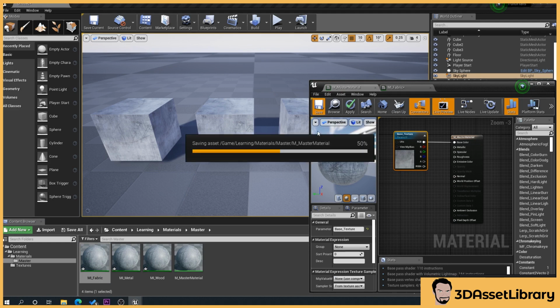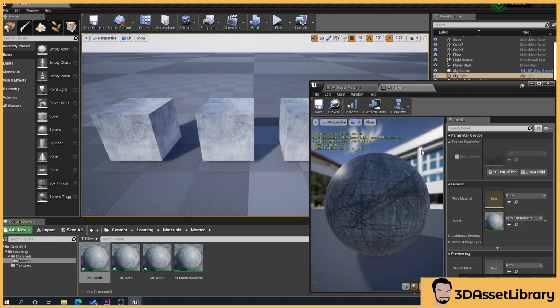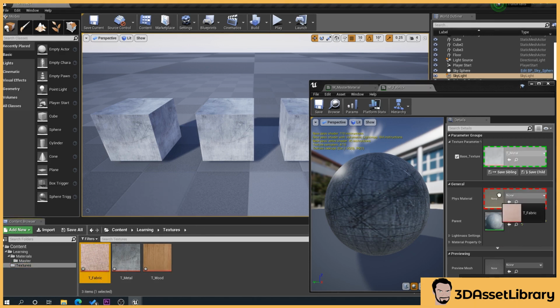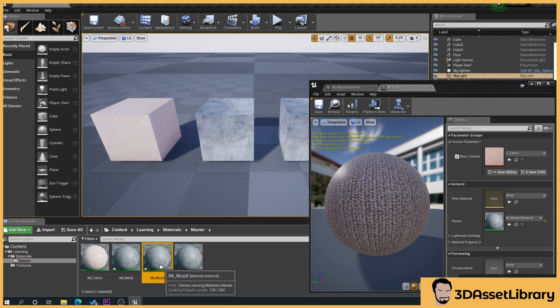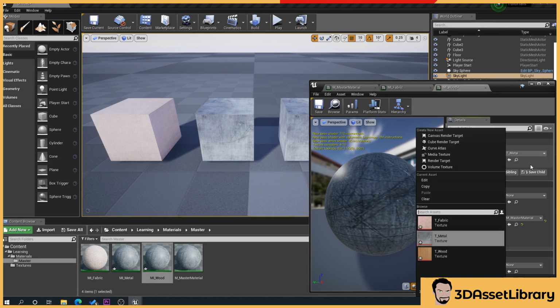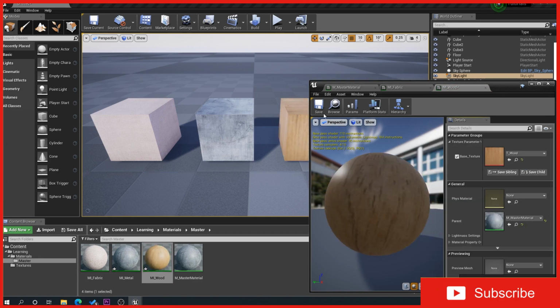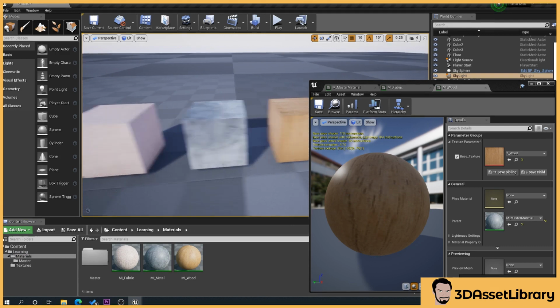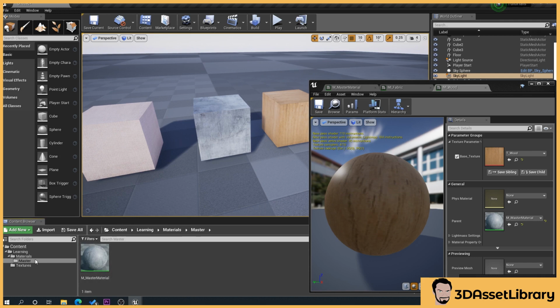Always remember to save it, because a lot of the time it won't appear unless you save it. Go back to our fabric one, and we've got a new exposed parameter here. So we can tick it, and now we can drag our fabric texture in. There we go, it's added it. Then we can go to our materials and open the wood one, tick it. You can drop down here, but obviously you could have tons of materials and textures here, so it could become a nightmare. We'll do that anyway. What I like to do is then move these material instances back into my materials folder.